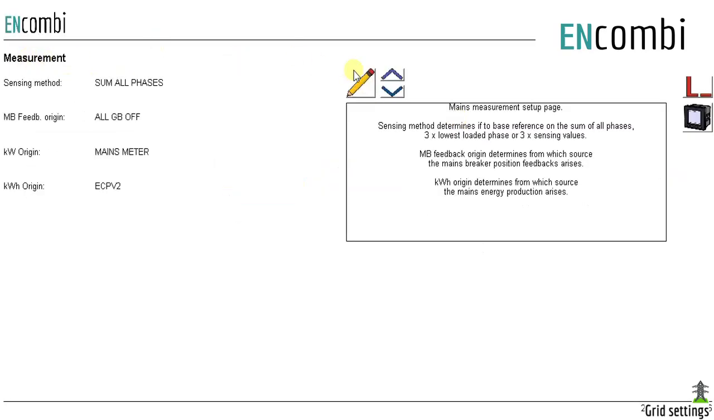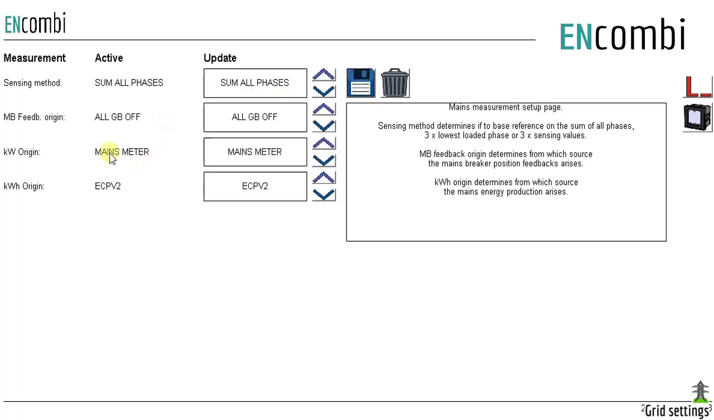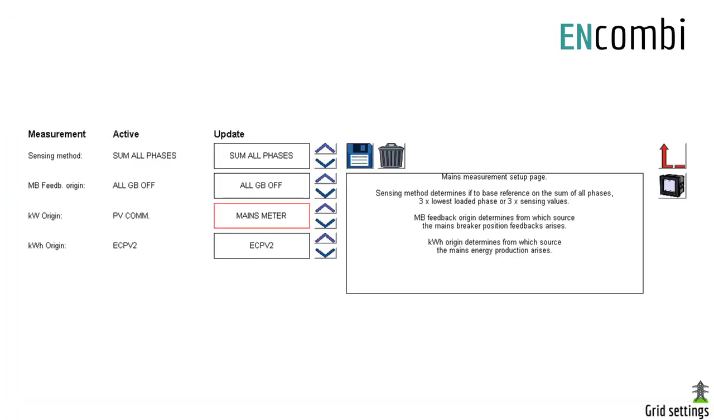The next setting under the measurement is kW origin. Kilowatt origin determines from where to retrieve or calculate the grid power production. This setting has three options, which are Mains meter, Modbus page 03, and PV communication. When you use the main power meter setting,